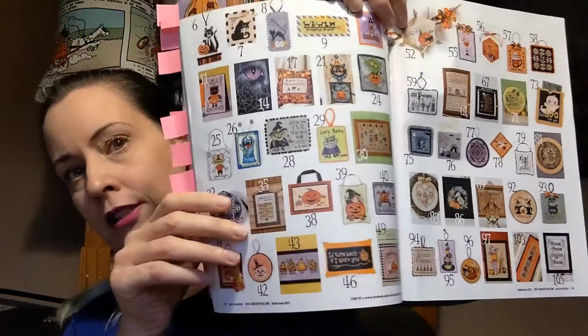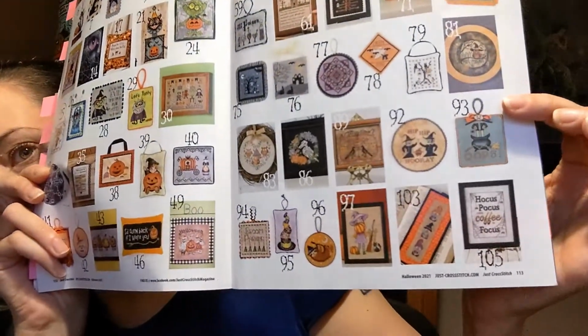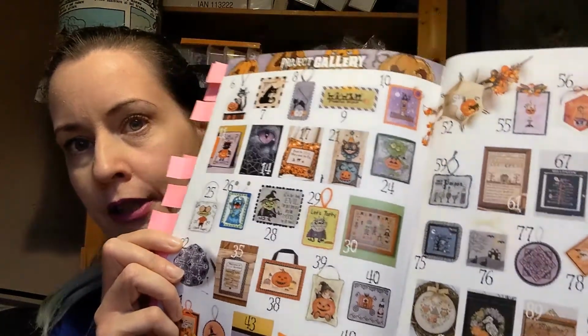As you can see, there's a summary of the designs in the magazine, and there are a lot of fabulous things to stitch and make. I didn't cover nearly half of it at all, so I think it's well worth the money. I don't think Sparkly's has got any more left because she did them on pre-order, but if you want next year's, always worth asking about next year's